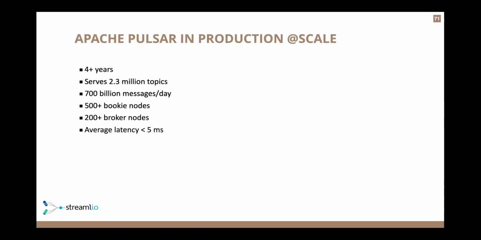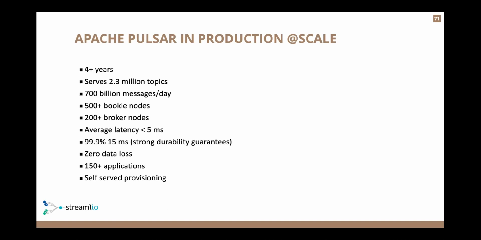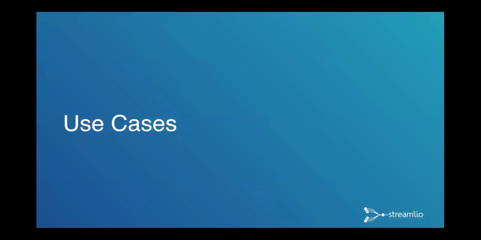Right? These are all the different specifics of how big it was, your average latency, even across a big system. No data is lost, multiple applications, self-serve provisioning, everything here, all the different bullet points. The takeaway is it can run at very large scale, but it doesn't need to be. But you can scale up as large as you would possibly need it to be.